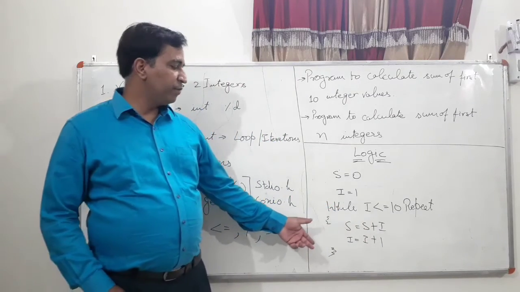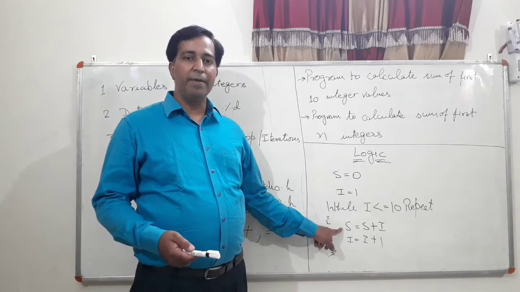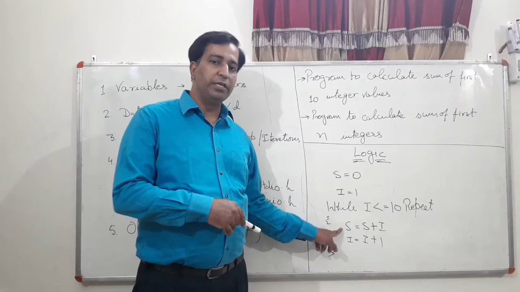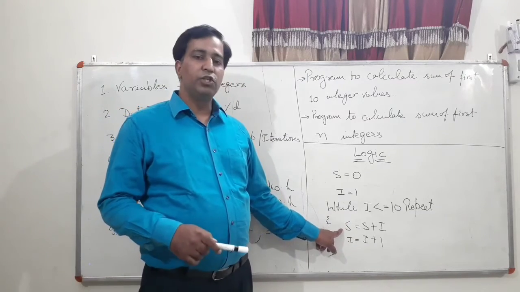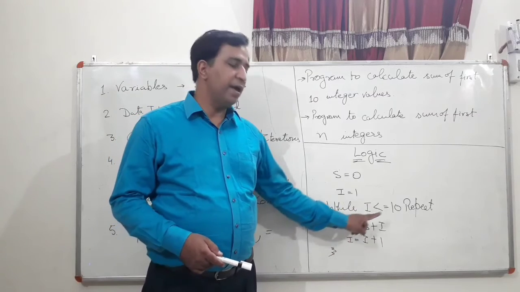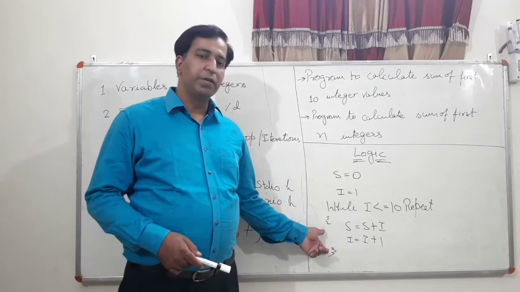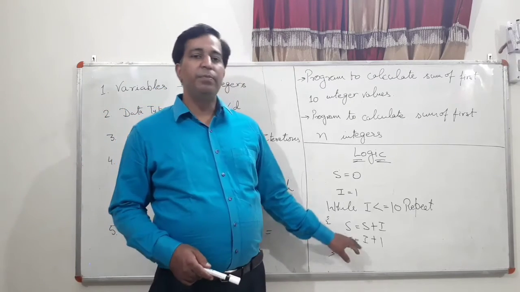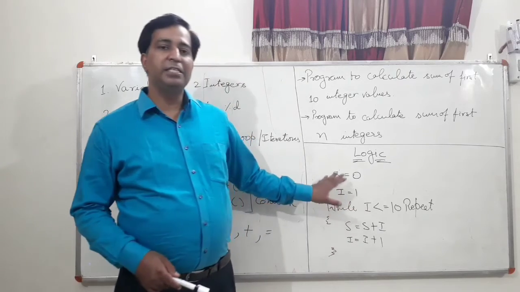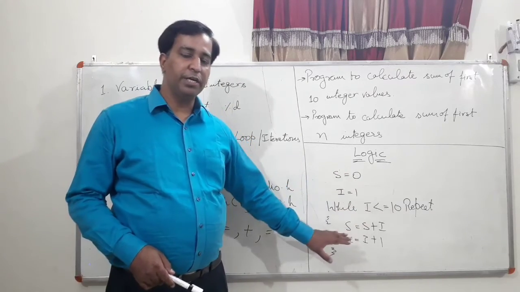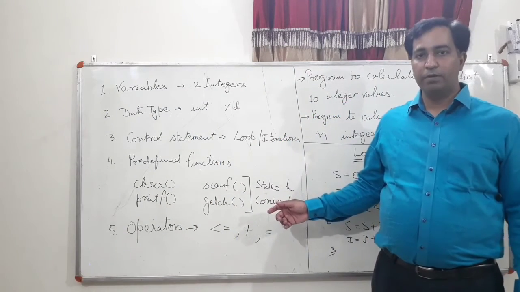And inside the loop, what we are doing is adding the s value to i and assigning it to s only, so that in the next run we can use the new value of s, add it to i, and assign it to s itself once again, right? And then i's value will be incremented each time. Okay, now to implement this logic in our program, we'll be using these concepts.